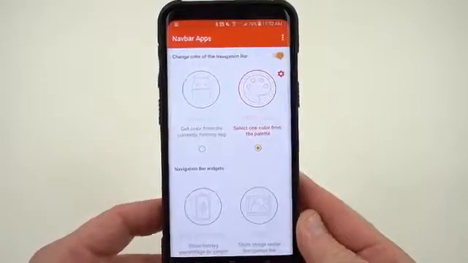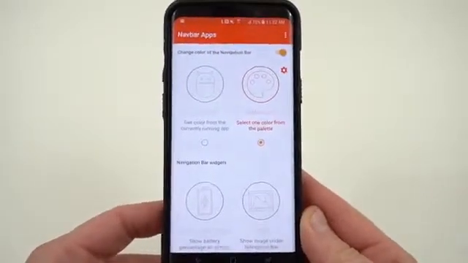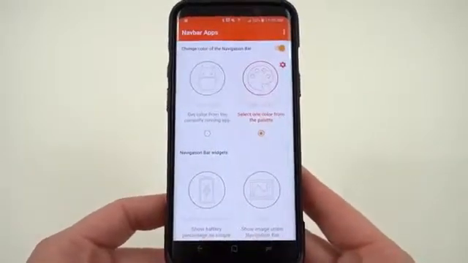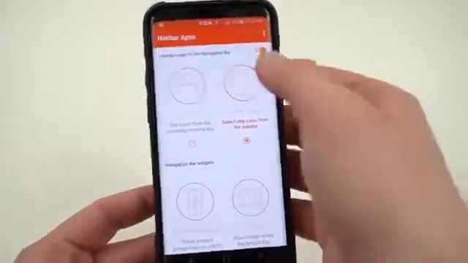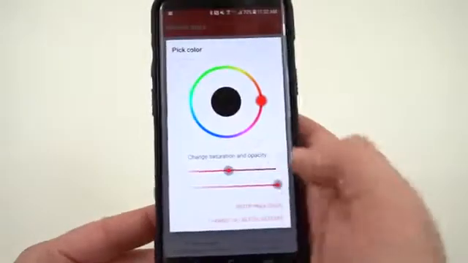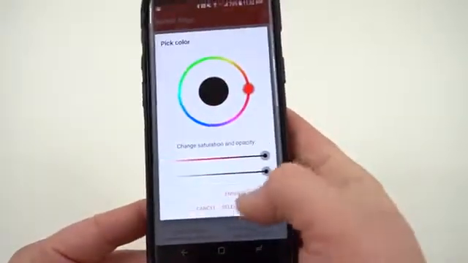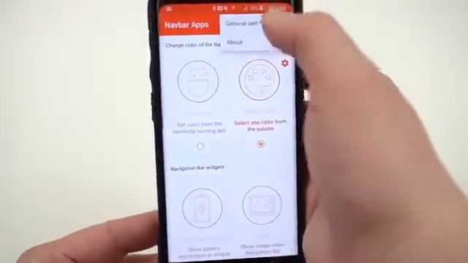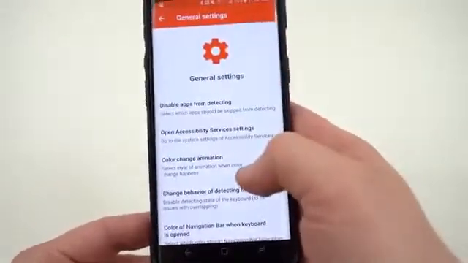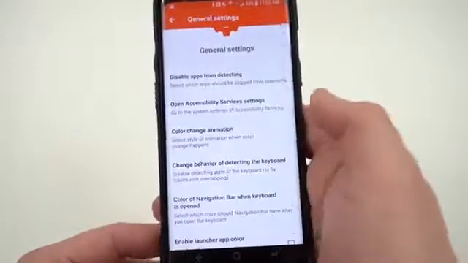With this app, you can choose a static color, or you can choose to have your nav bar match the color of your active app, which you can do right there. There's a lot of other cool things you can do, but I basically use this one setting. Pick a static color, set it to be black, select that color, and then go into the advanced settings up here at the top, go into general settings, you can also change the way the color animation